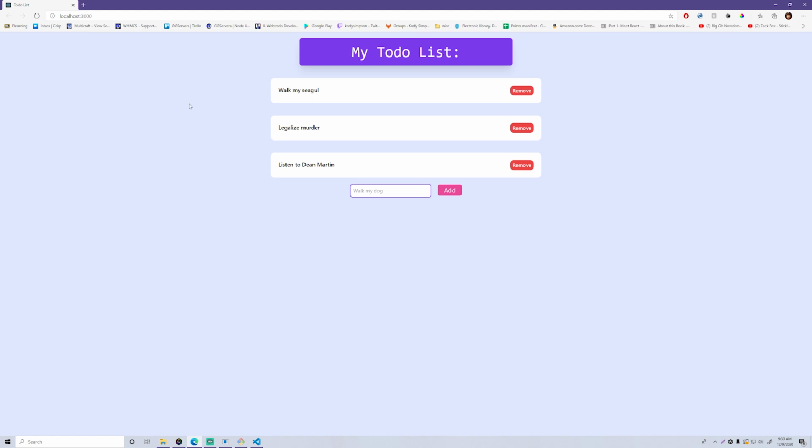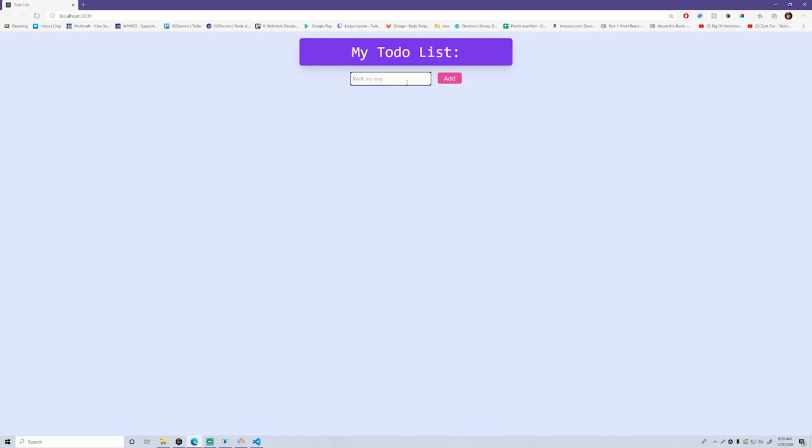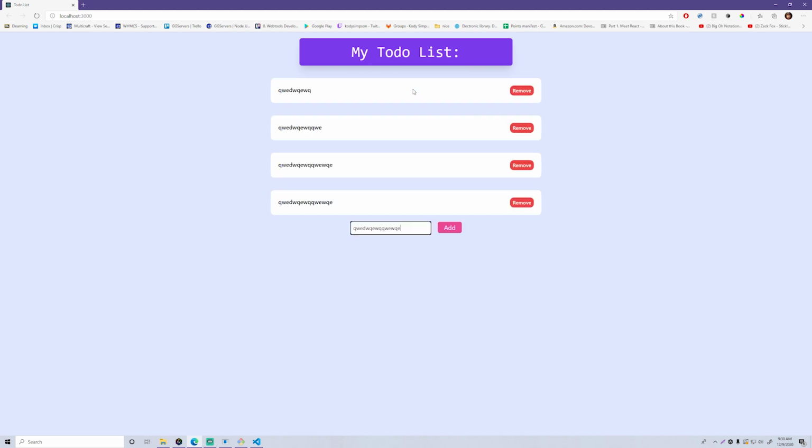So this is what it looks like, but let me show you how it works. You have these three items by default. So let me reload here. You have these three items by default, and you can remove and add some new ones if you want to. So let's say something, you can just put whatever you want, right? So you can add whatever things you want to your to-do list, and then you can do them, and after you do them, you just remove them, obviously.